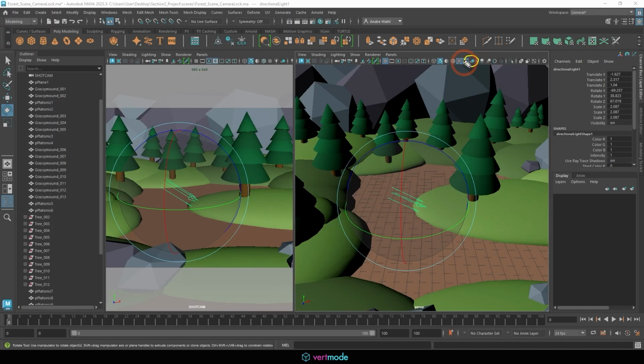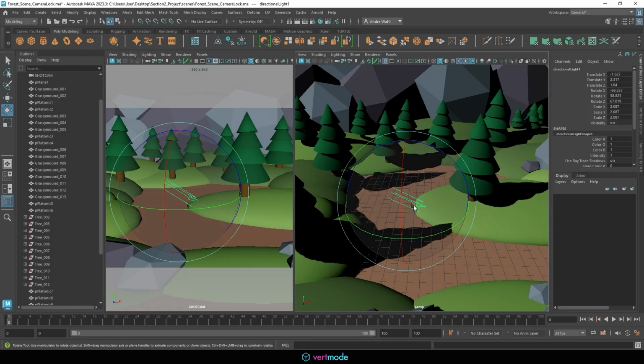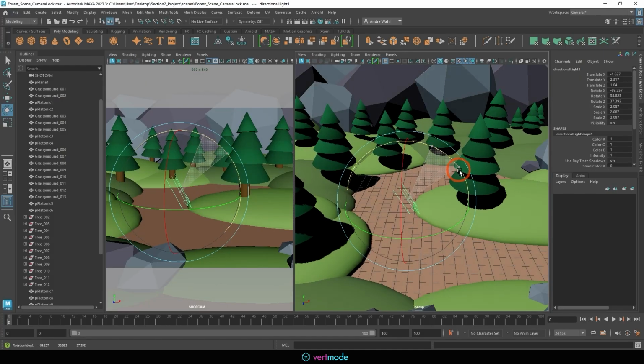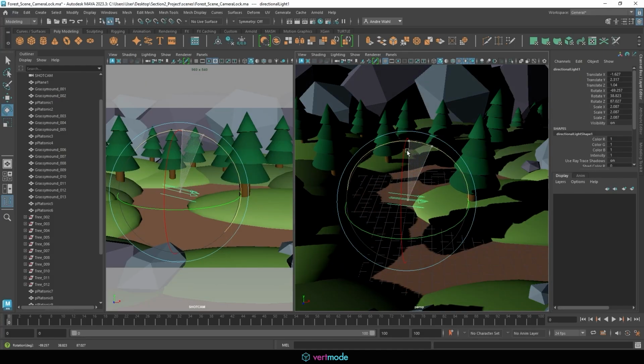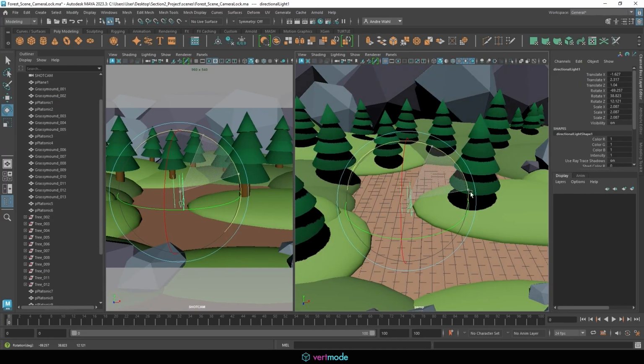But the button right next to the light bulb here, that will turn on your shadows. As far as I know, there's not a hotkey for shadows. There might be though. I usually just press the button though, and there we go. Now we have a sense of shadows here. And you can see what we're getting with this directional light is the ability to cast these nice long shadows